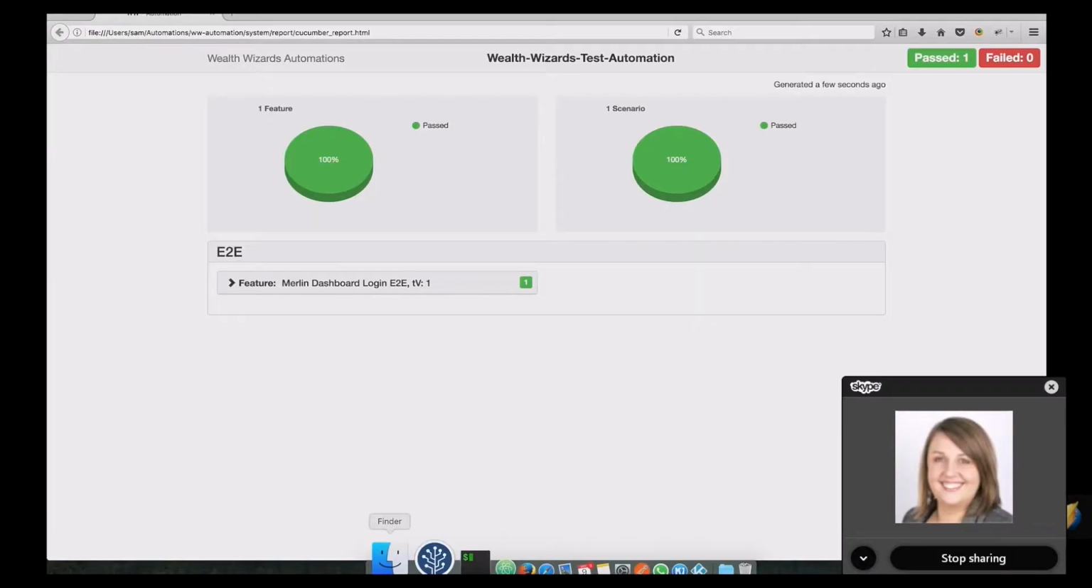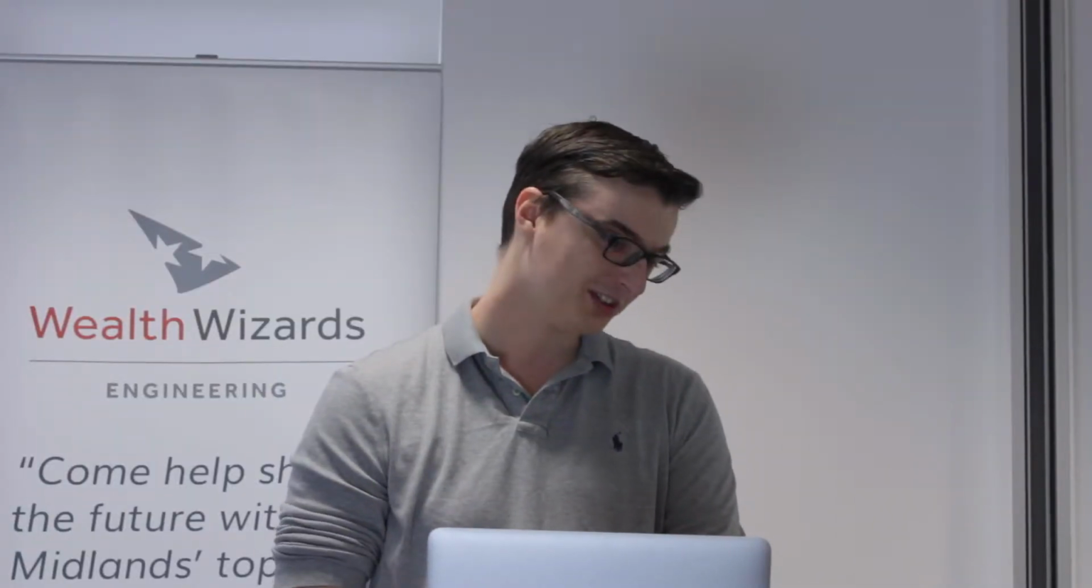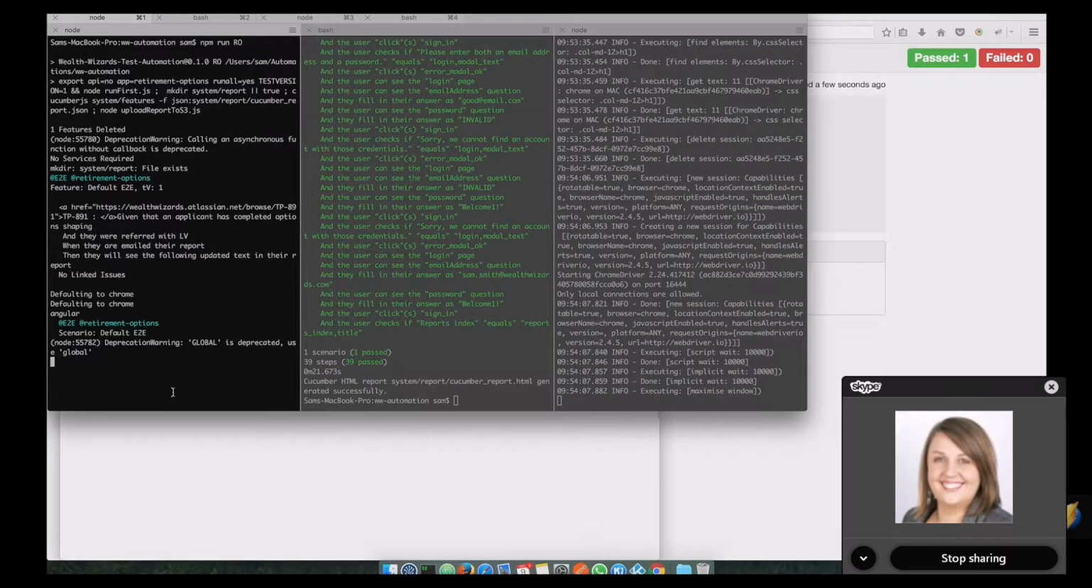I think the idea is to put it in the Merlin dashboard pipeline, so when there's a commit to Merlin dashboard, we can make sure it's at least okay to the point where we've done the new world stuff. And then we've also done retirement options, which we've done a fair few automations on before, because